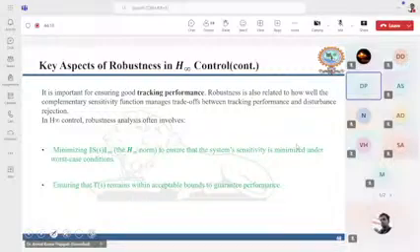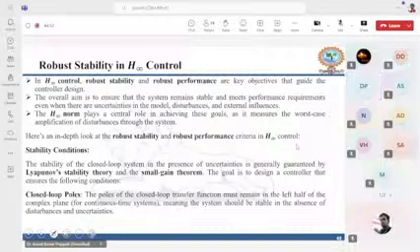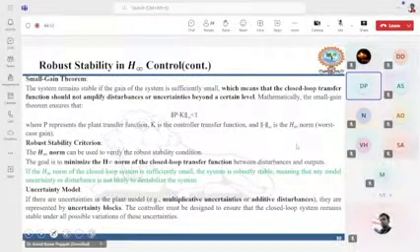the performance. Now we can see robust stability in H infinity control. In H infinity control, robust stability and robust performance are the key objectives. That is the motto for designing the controller. The stability theorem is the small gain theorem, and by using this we can choose the system, and the poles should be in the left half of the complex S plane. And in the small gain theorem, the